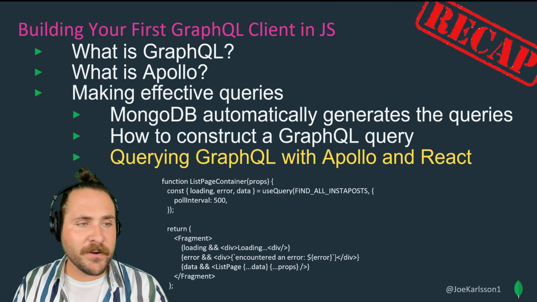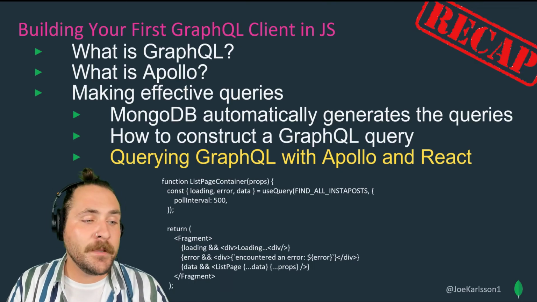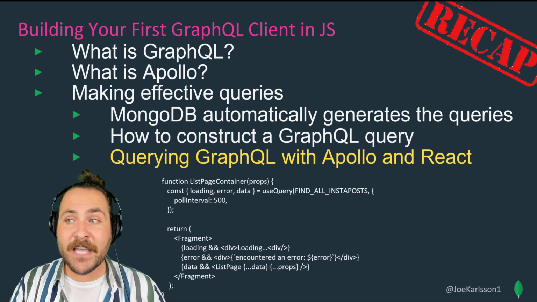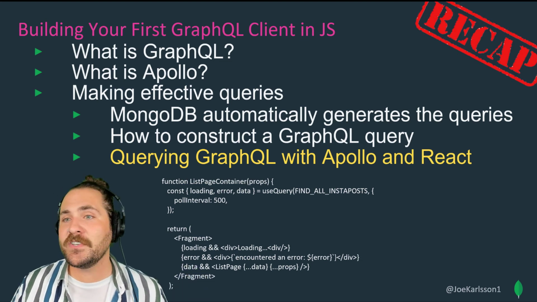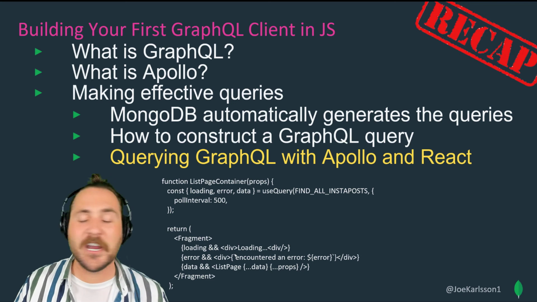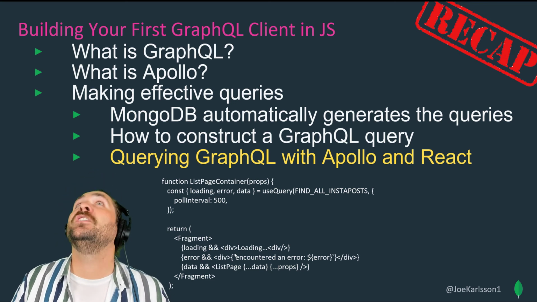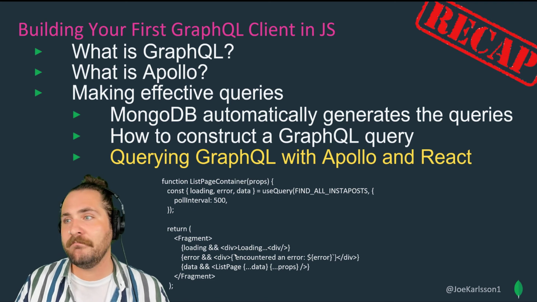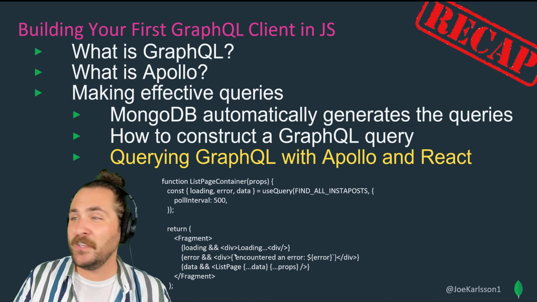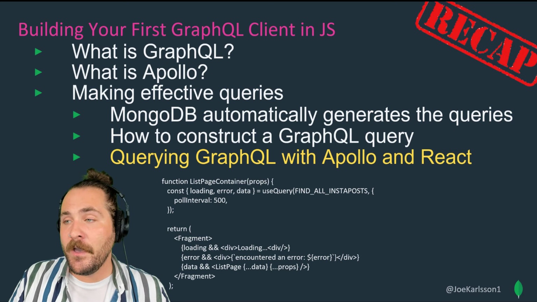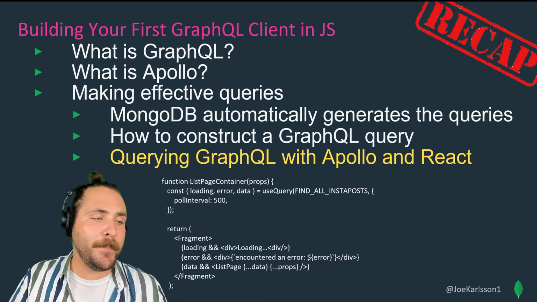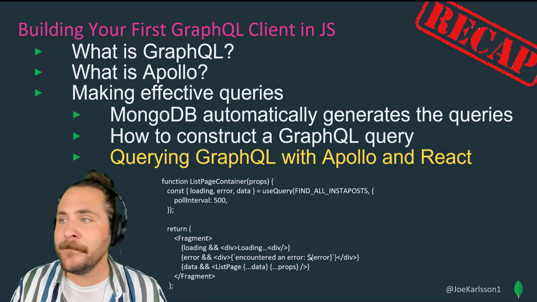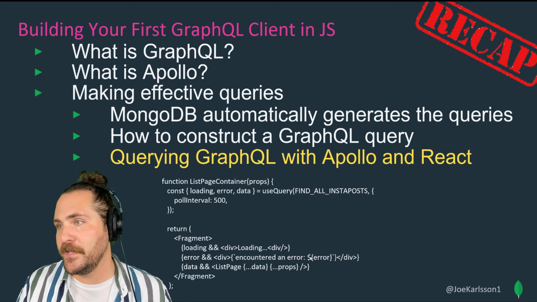How to play with error, as someone asked. Yeah, error, you can always use the React error boundaries, which is always good with React. You should always have those. But as you can see here, I just have a simple React component that shows there. You just want to make sure that the user has a good experience if something happens with anything in flight. Either you can fall back to caching data, but you just want a friendly error message to pop up. I just have one that says encountered an error and it passes the error through. Probably not super user friendly, but for the sake of this demo, it's super easy to whip up.